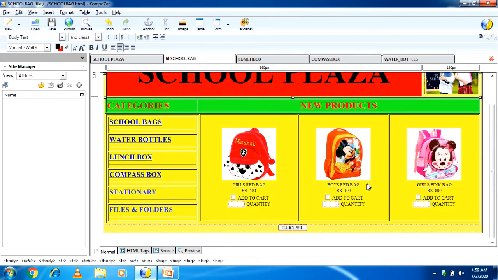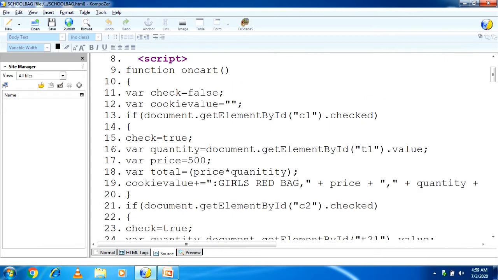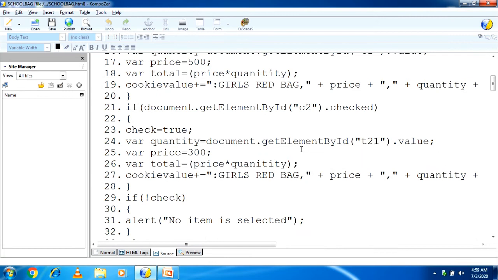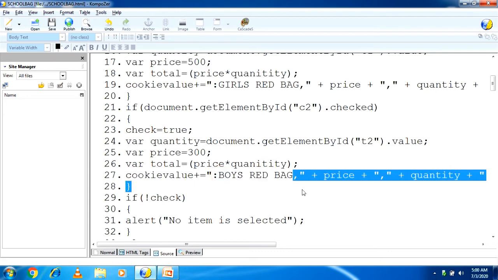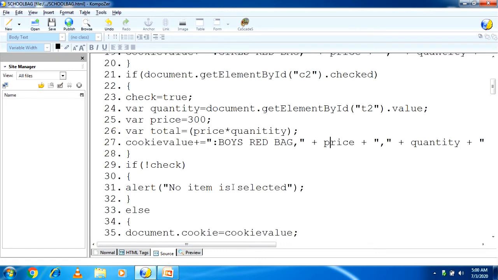Then boys red bag, so I'm copying this name, boys red bag, and in place of girls red bag, here I am writing boys red bag. After that, I change the price; the quantity depends on the user.